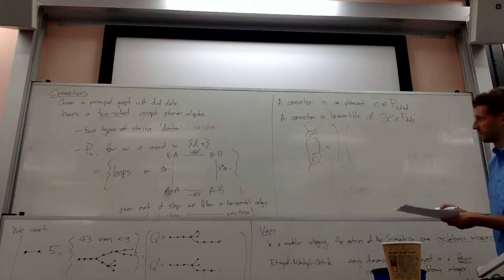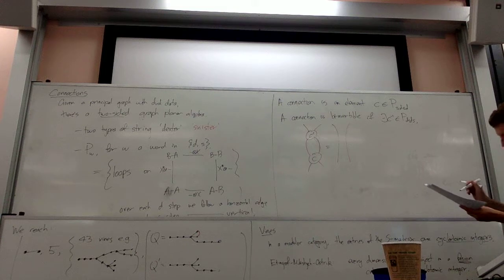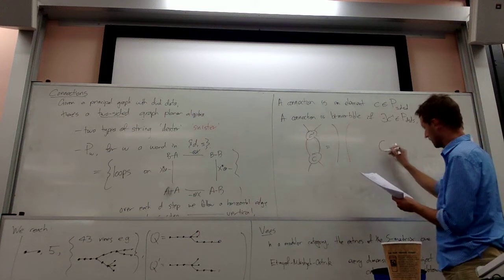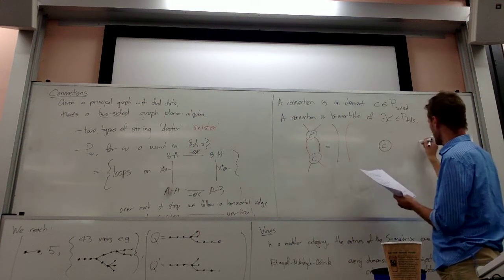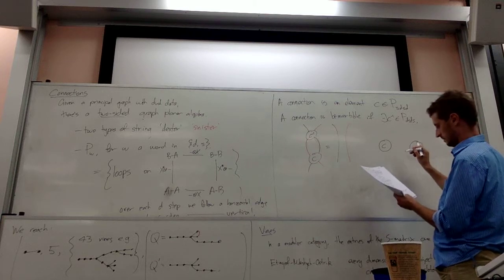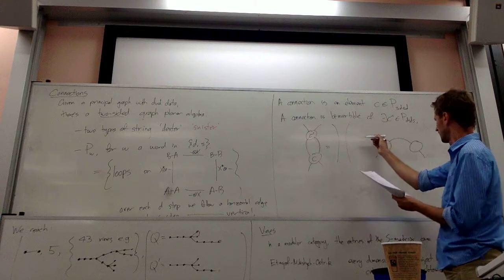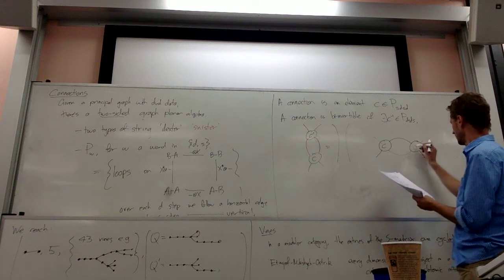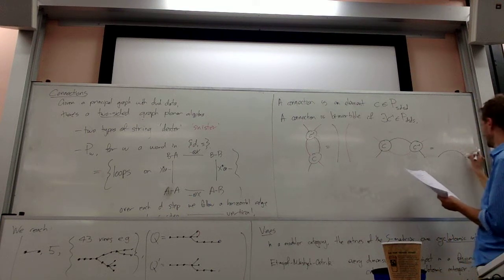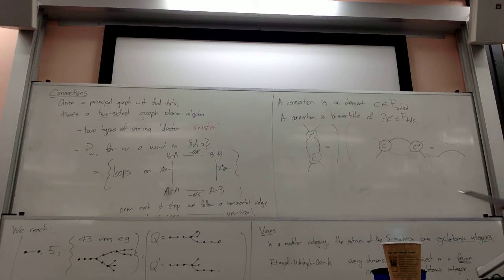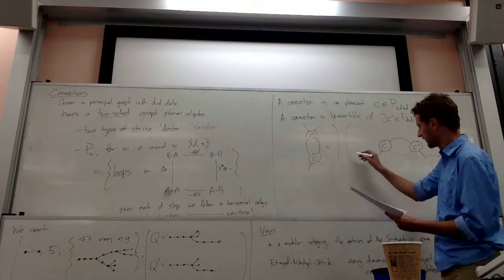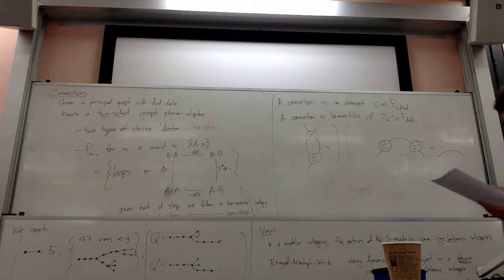So that's some equation which holds in the graph planar algebra, and similarly, something similar to that. Okay, so that's some particular type of element in the graph planar algebra. And finally,